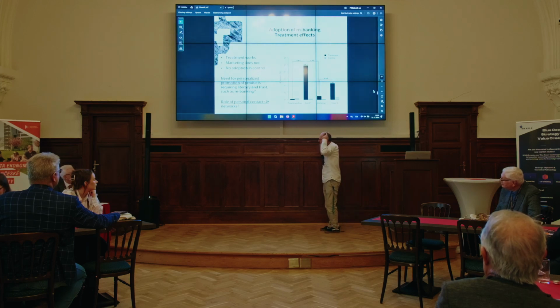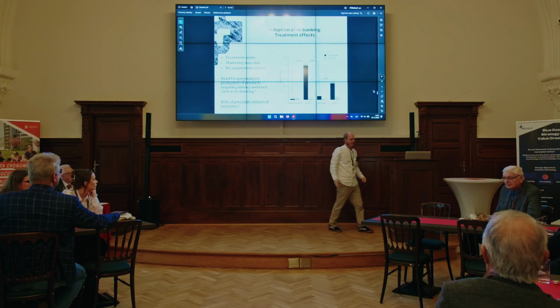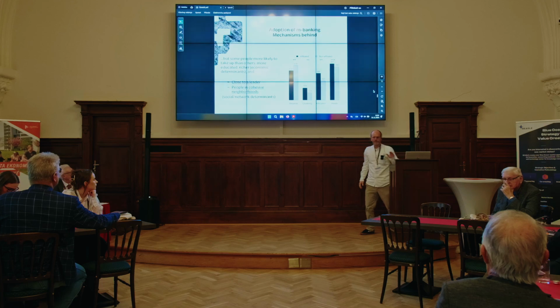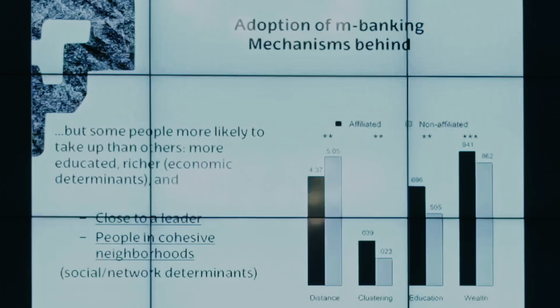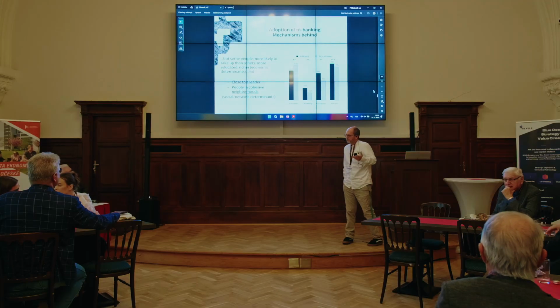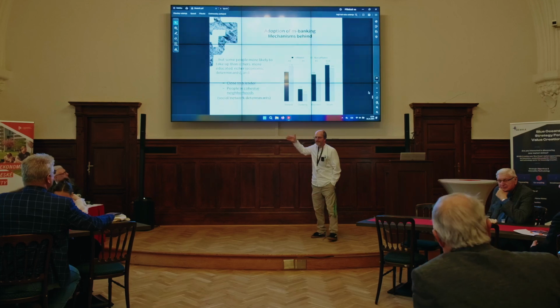So, let me just show you a little bit the second result. Okay, so how important the networks are. We looked a little bit at the mechanisms behind the diffusion. So we know that now among the local women from the community, 10% start to use this mobile phone application for things they want. We don't control that. And we had a look at the mechanisms, okay?